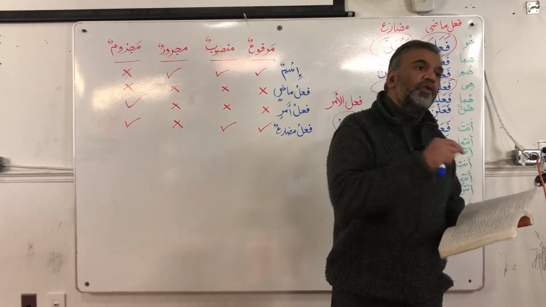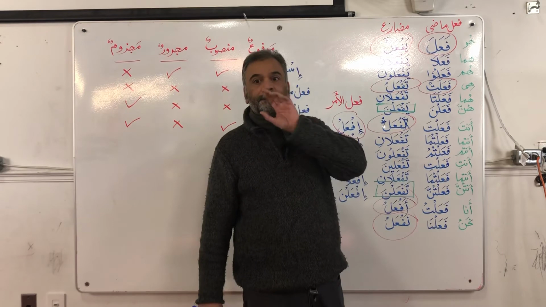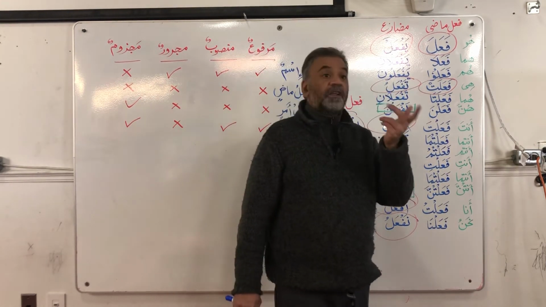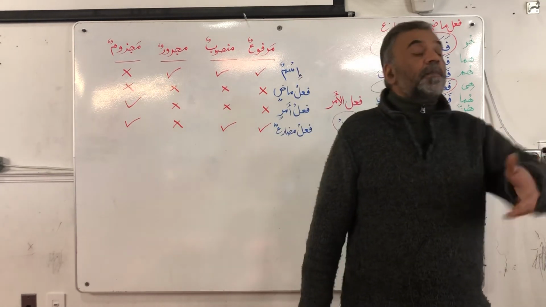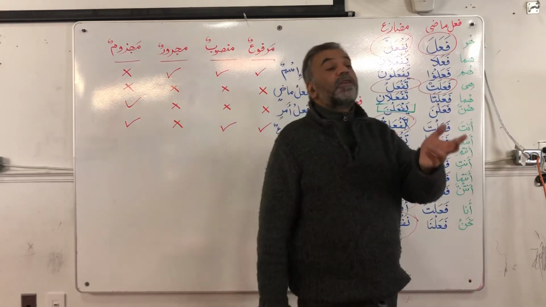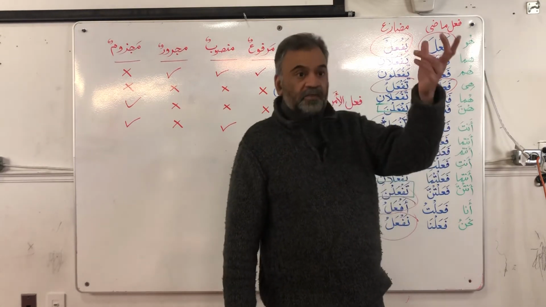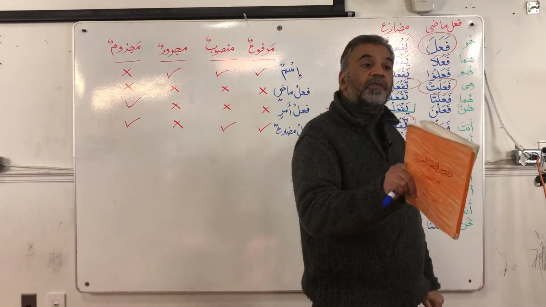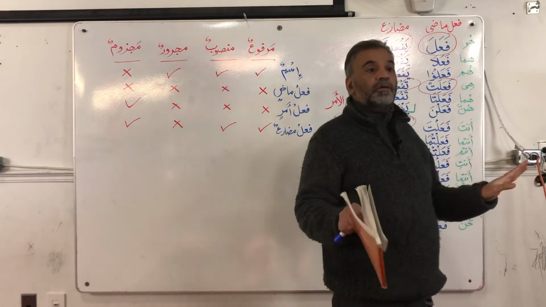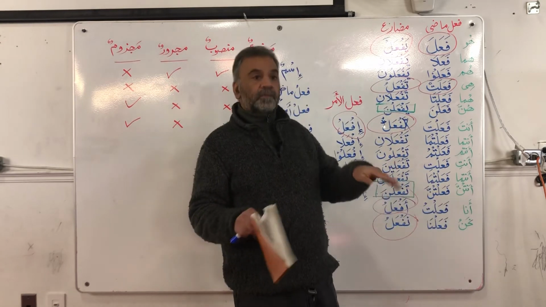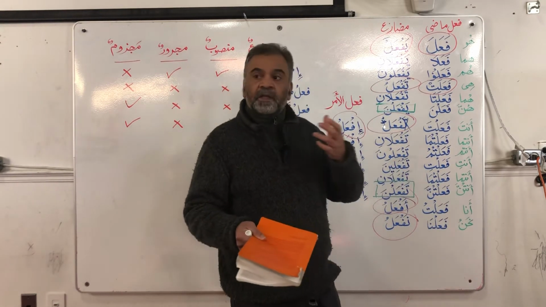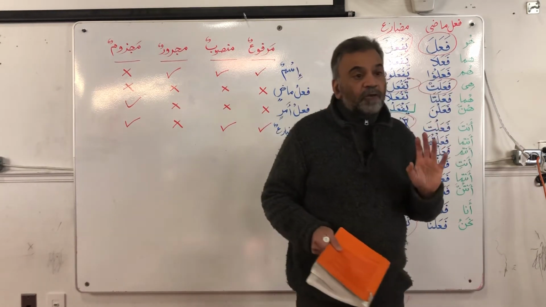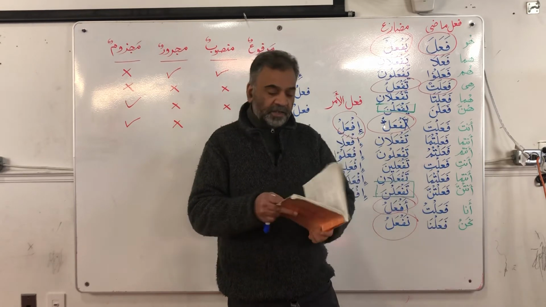But what is this an doing here? Is it a harf jar? Yes, harf jar, but what is it doing? Why can we not say abhasu ad dawa? Because maf'ulun bihi are mansub. Because the verb bahasa always comes with harf jar an. This is a rule. It gives a direction. So anid dawai, I'm looking for the medicine.